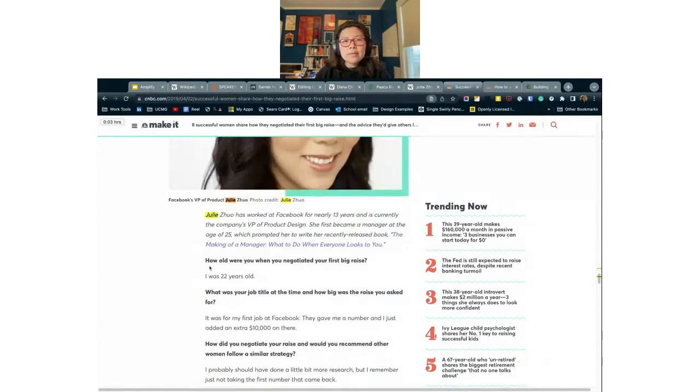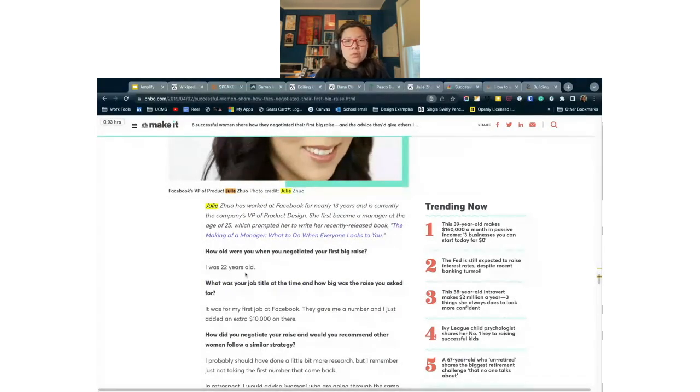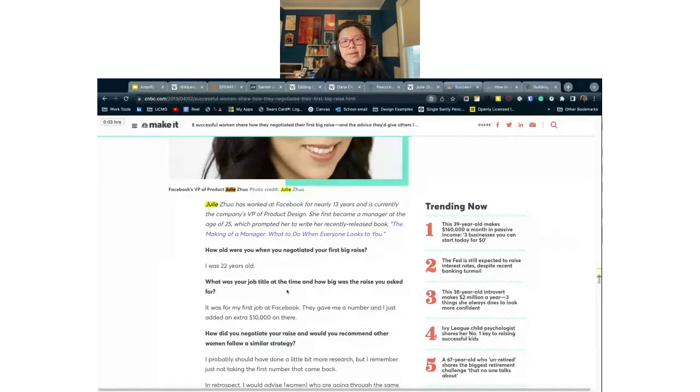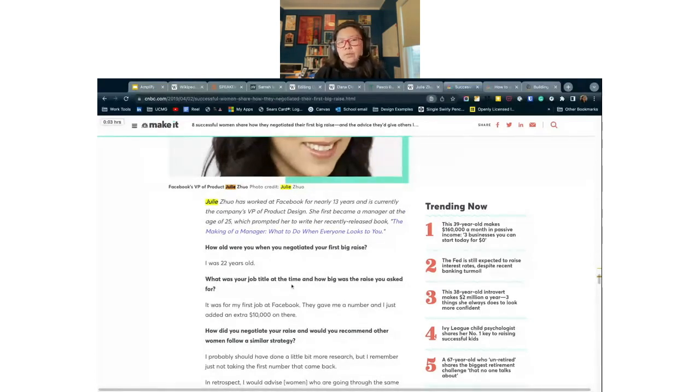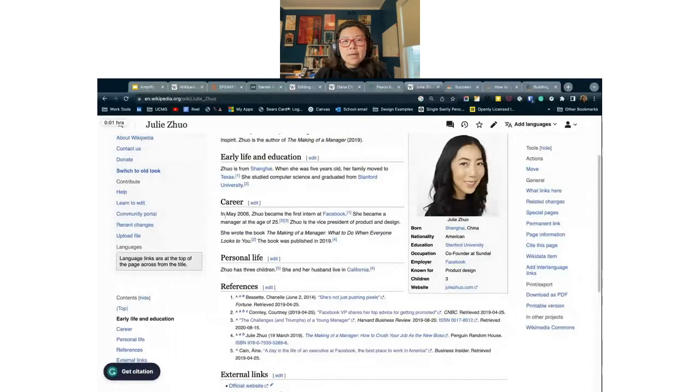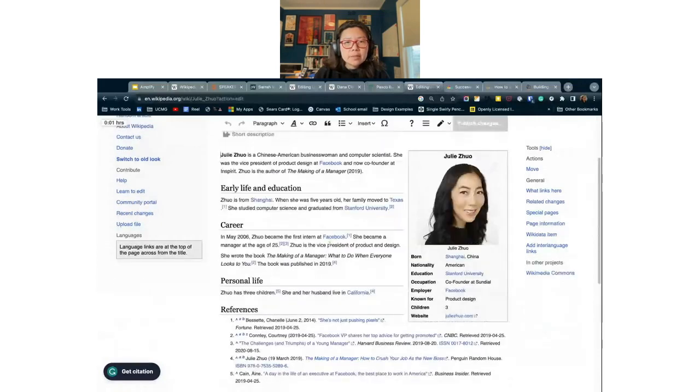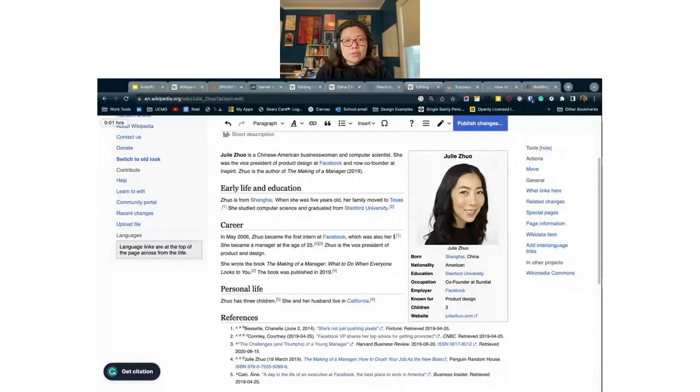So in this article, she mentions that she was 22 years old when she first negotiated a raise, and what was her job title, and it was her first job at Facebook. In May of 2006, Zhao became the first intern at Facebook. And so we can edit that and just mention that it was also her first job. Okay, so you want to add a reference,